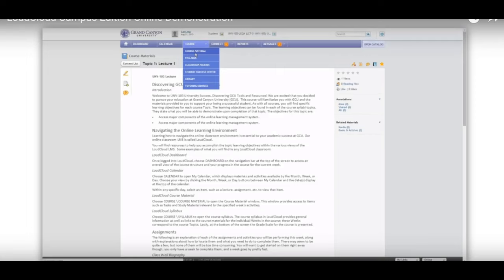So from your LCTrad classroom, you can get to an assignment a couple of ways. Number one, you can click the course material and find your hyperlinked assignment that way. You can look for it on your calendar. Now remember, it will always show up on the last day, the day that it's actually due. Or you can get to it from your syllabus and just find the topic that it belongs to. So for this example,